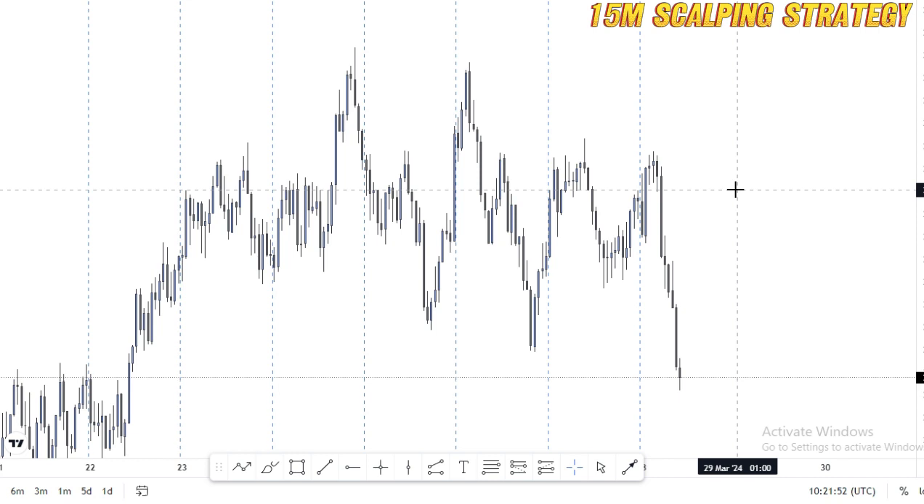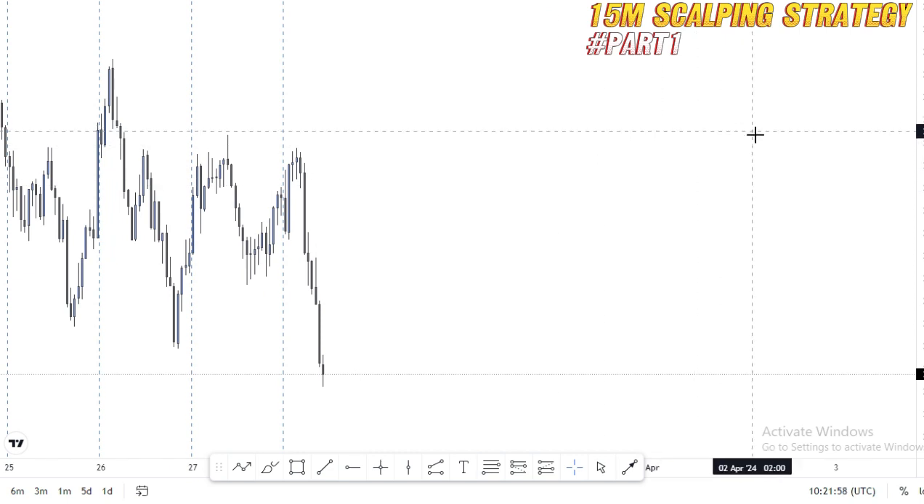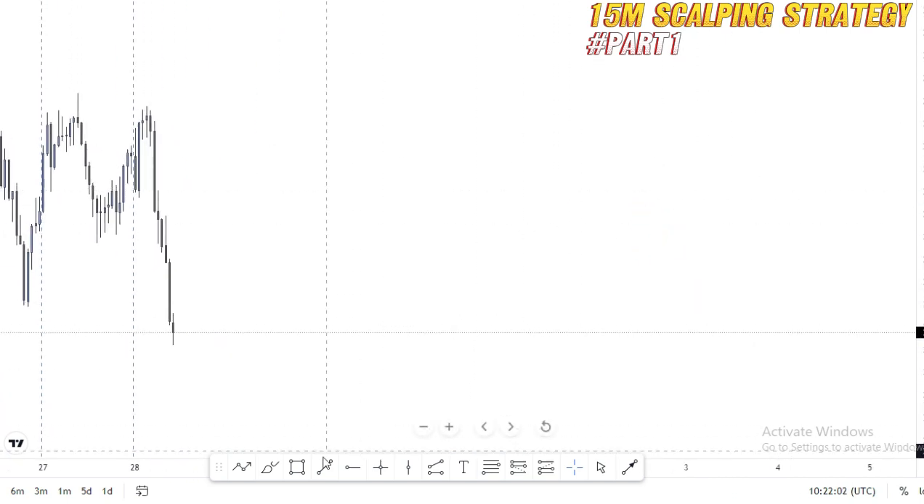Our slogan, we have to keep it simple and clear, right? So in this particular strategy, we are going to be using just 3 concepts. Okay, so first off, we want to see the direction of the market. We want to see the price